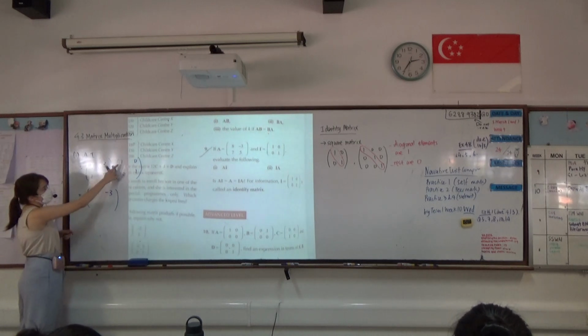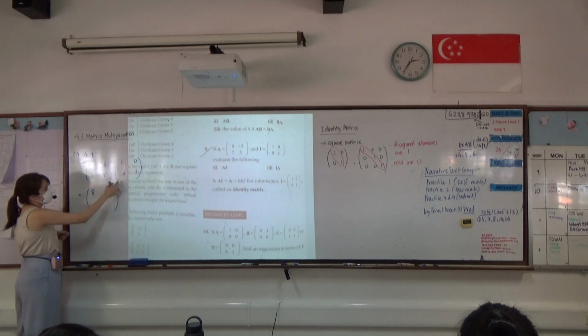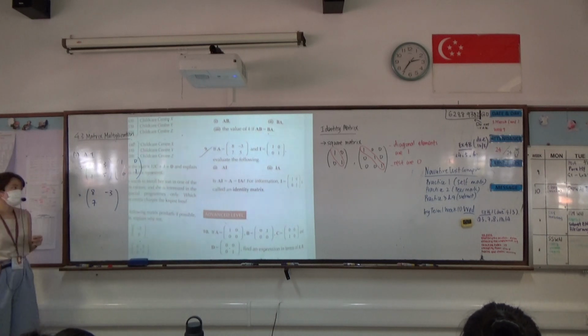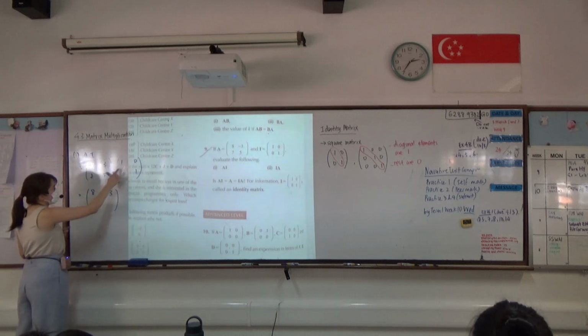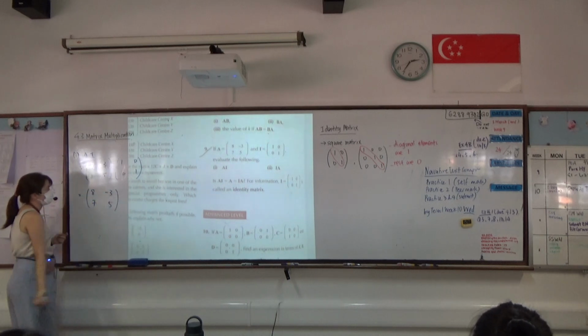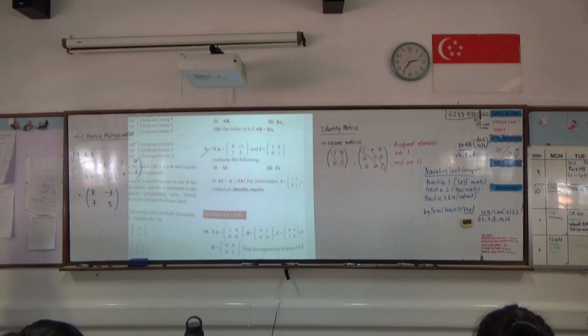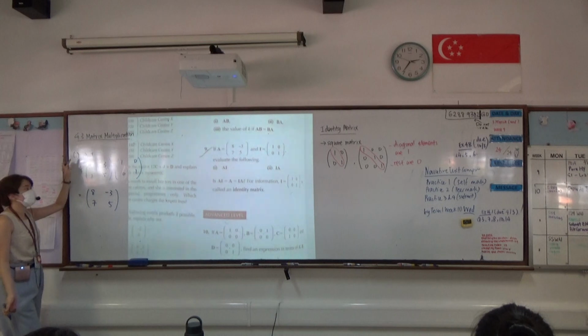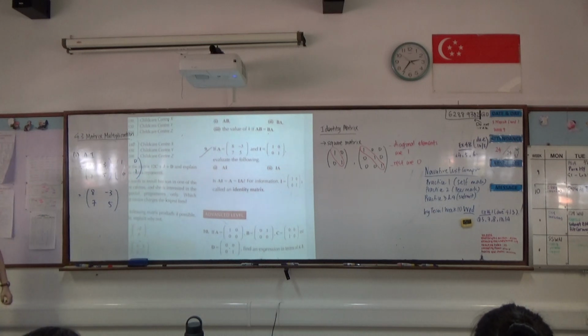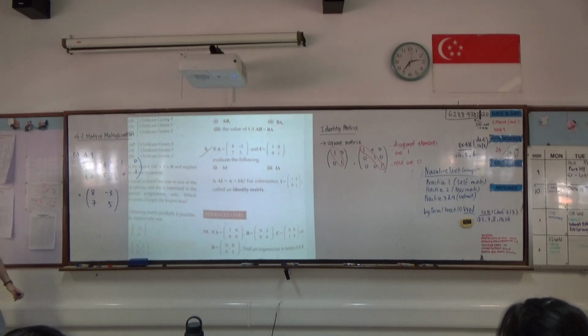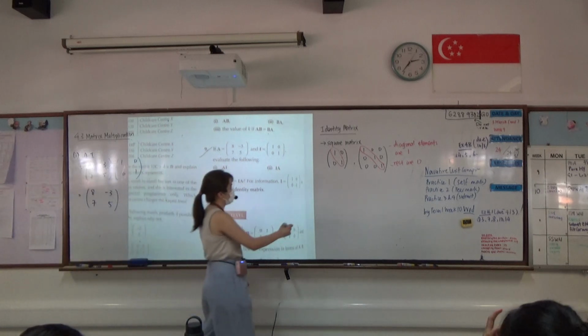Next one, 7 times 1 plus 5 times 0, I get a 7. And 7 times 0 plus 5 times 1, I will get a 5. So I see over here that when I multiply by an identity matrix, the matrix remains the same, which is essentially A itself. Now what if I flip it around? If I were to look at IA,